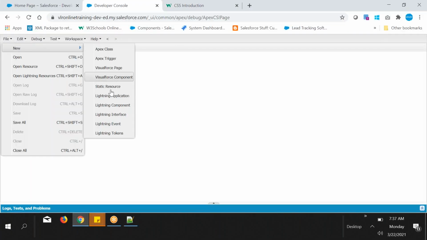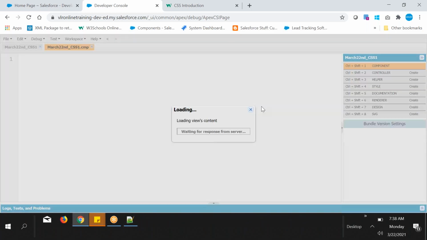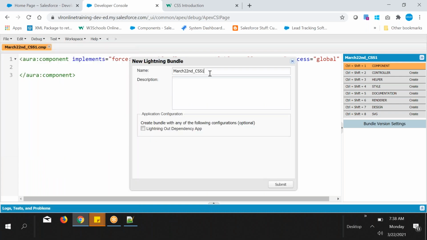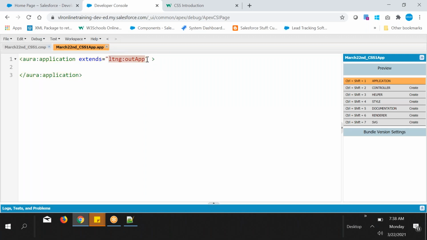Create a Lightning component. Okay, create a Lightning application. Okay, preview.